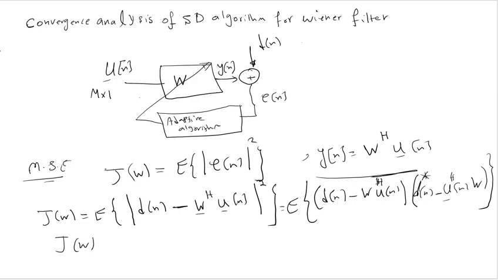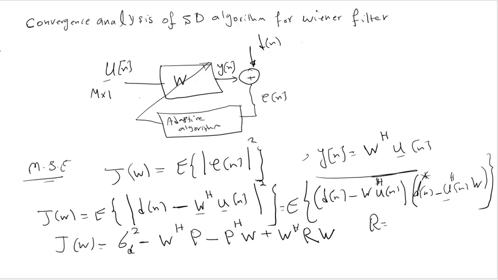I can write them here. Sigma squared d minus W Hermitian P minus P Hermitian W plus W Hermitian R W, where R is the correlation matrix of